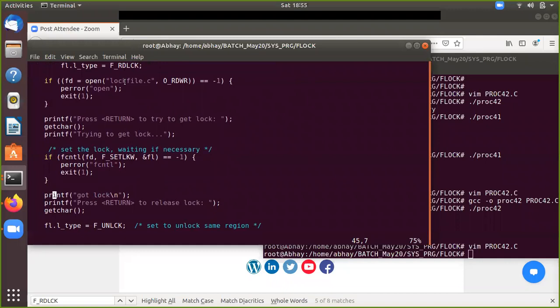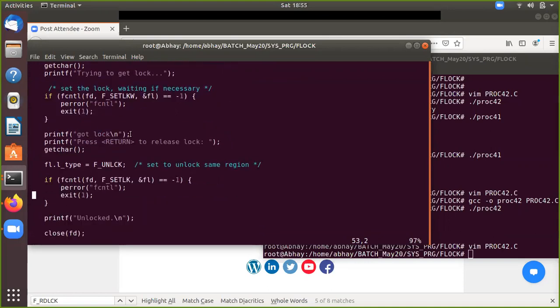Now, lock file. You are trying to open a file, then you are waiting here. Earlier we have seen this flock, right? Nowadays, multiple places people are using file control, fcntl. fcntl basically takes three arguments: the open file descriptor, the set lock command, and the third one is the flock structure which we have populated here.